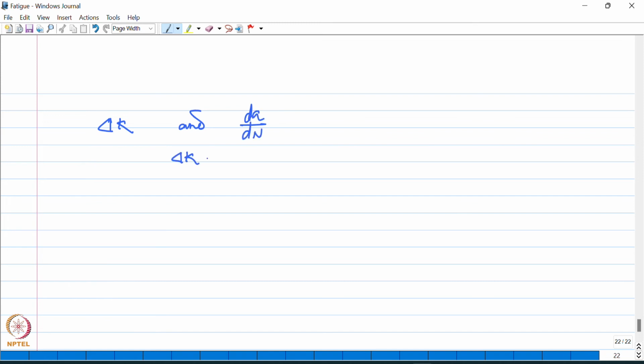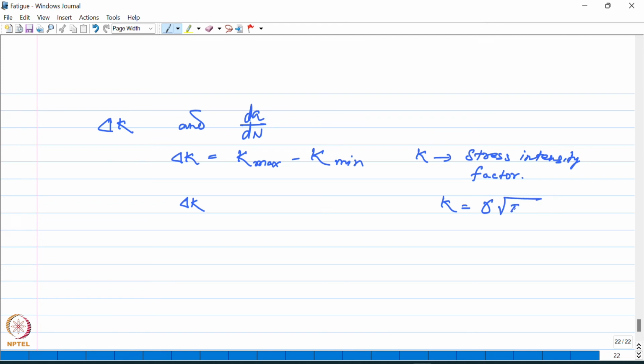Delta K is given as K max minus K minimum, where K is the stress intensity factor, which can be also expressed in terms of the stress and the crack length, because K is equal to the stress sigma into square root of pi into A. So therefore delta K will be sigma max square root of pi A